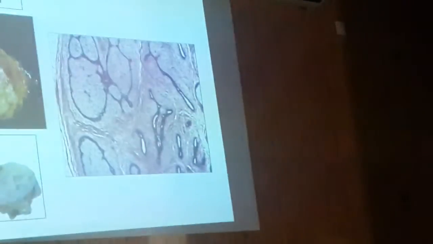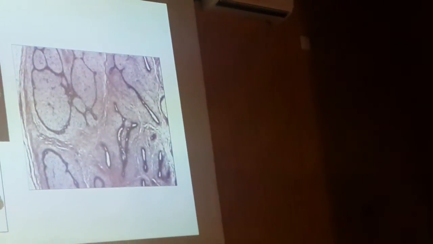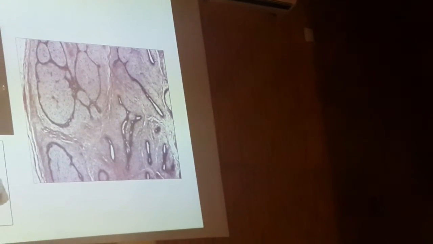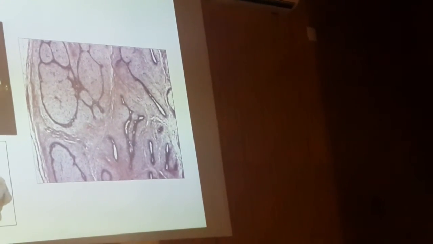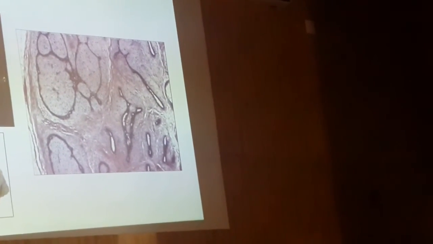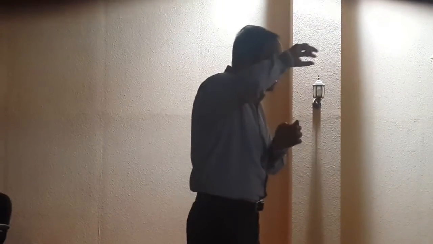This is what type? Intracanalicular. If it is not pericanalicular, it should be intracanalicular, isn't it? Only two are there. Here the glands have become compressed, slit-like. So it is intracanalicular. In pericanalicular, the glands remain. So this is intracanalicular type. But many of the fibroadenomas contain a mixture of both pericanalicular and intracanalicular.